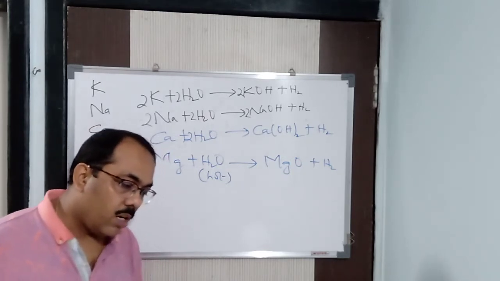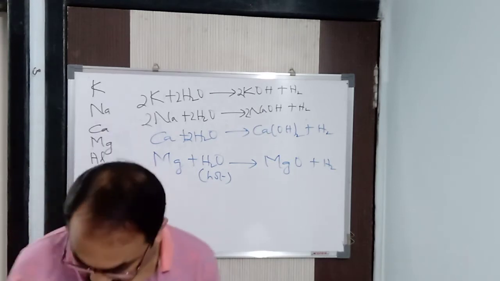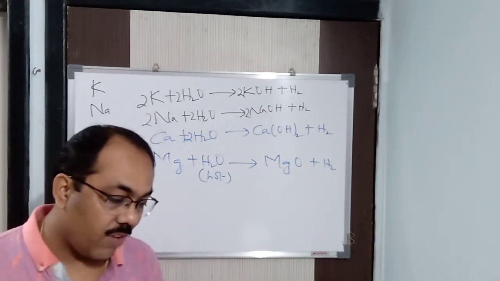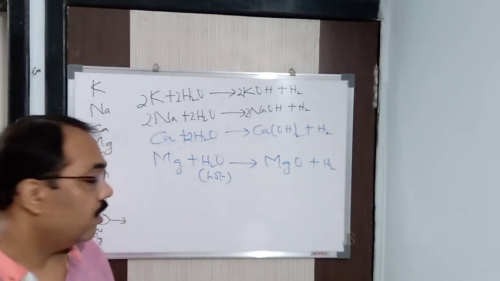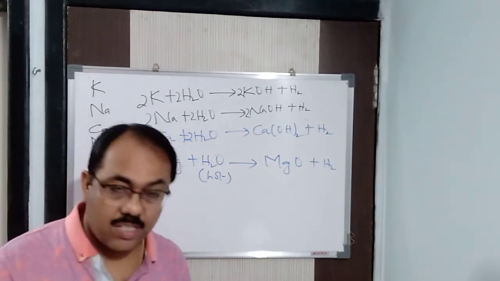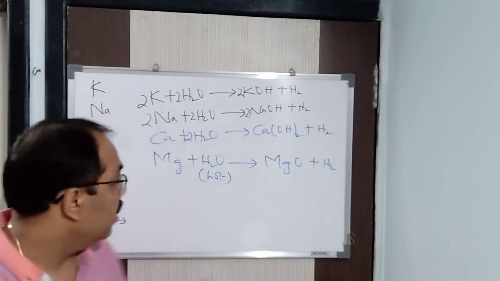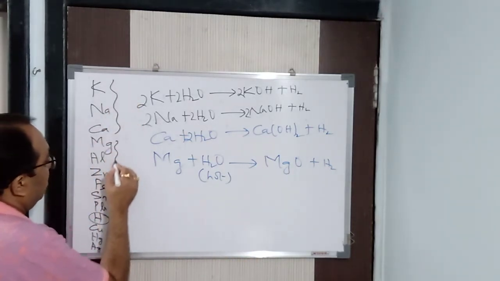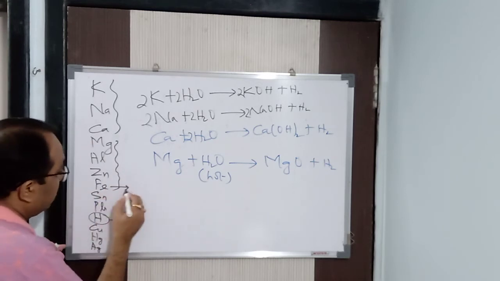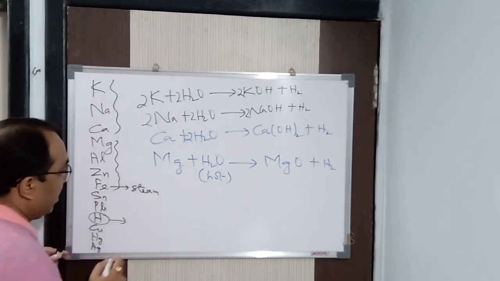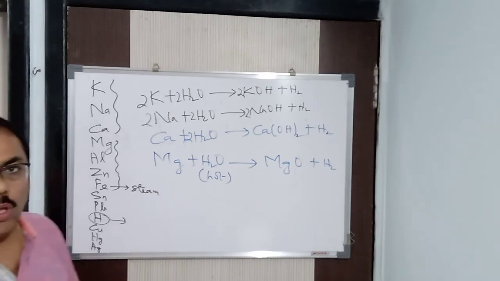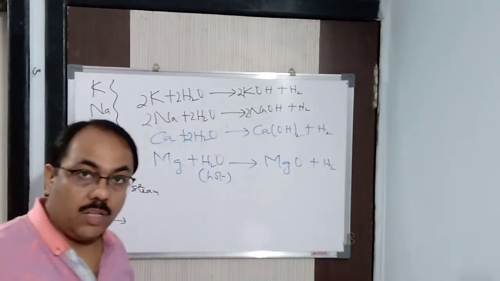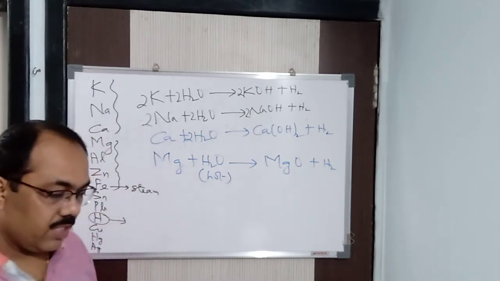Alright, so what you find is that the rate of reaction is fastest in the case of magnesium and slows down in the case of aluminium, zinc and iron. Got it? In this particular series it is fastest in magnesium, because this reacts with cold water. I have already said that. Zinc and aluminium react with hot water, but iron reacts with steam. With iron the reaction is so slow that it reacts only with steam.